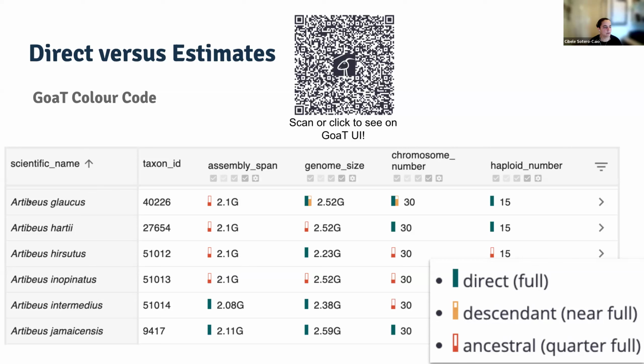So you can see here that for this species, Artibeus globosus, you have no value for assembly span, but it's actually Sibylle,